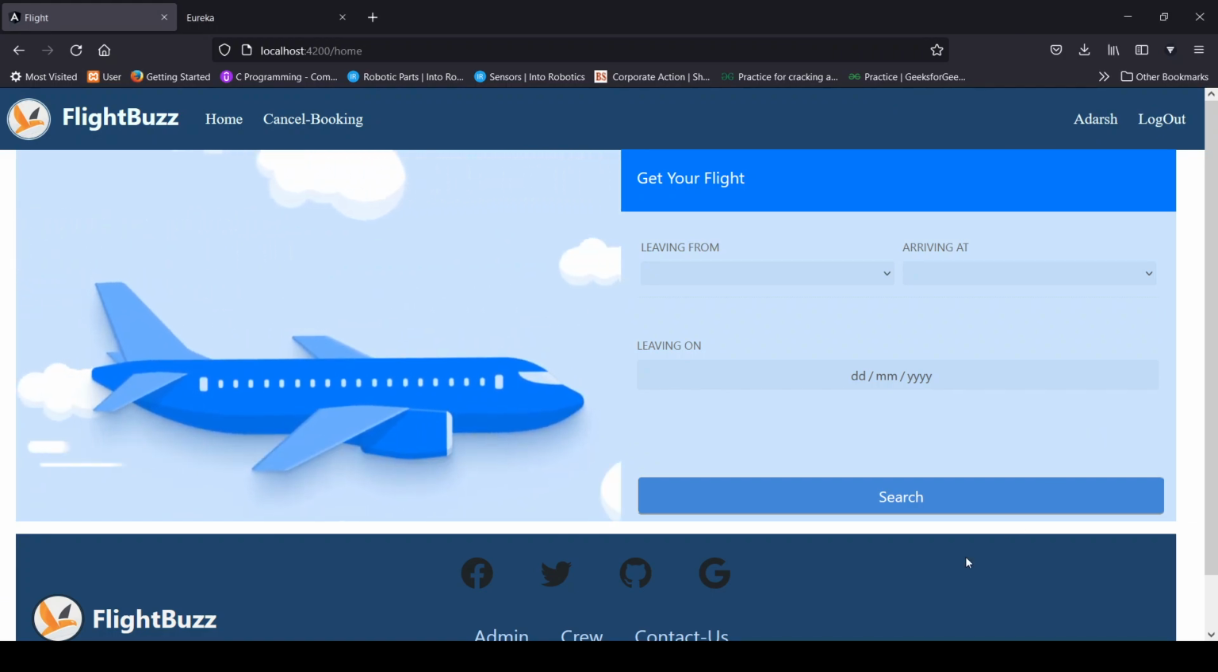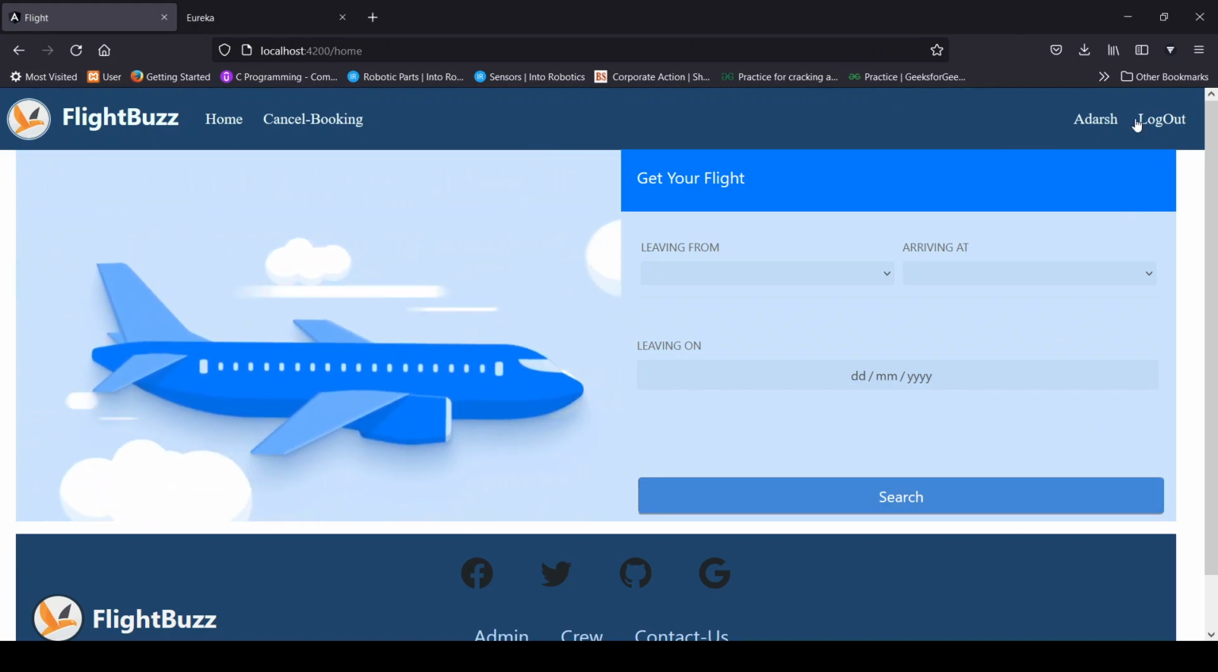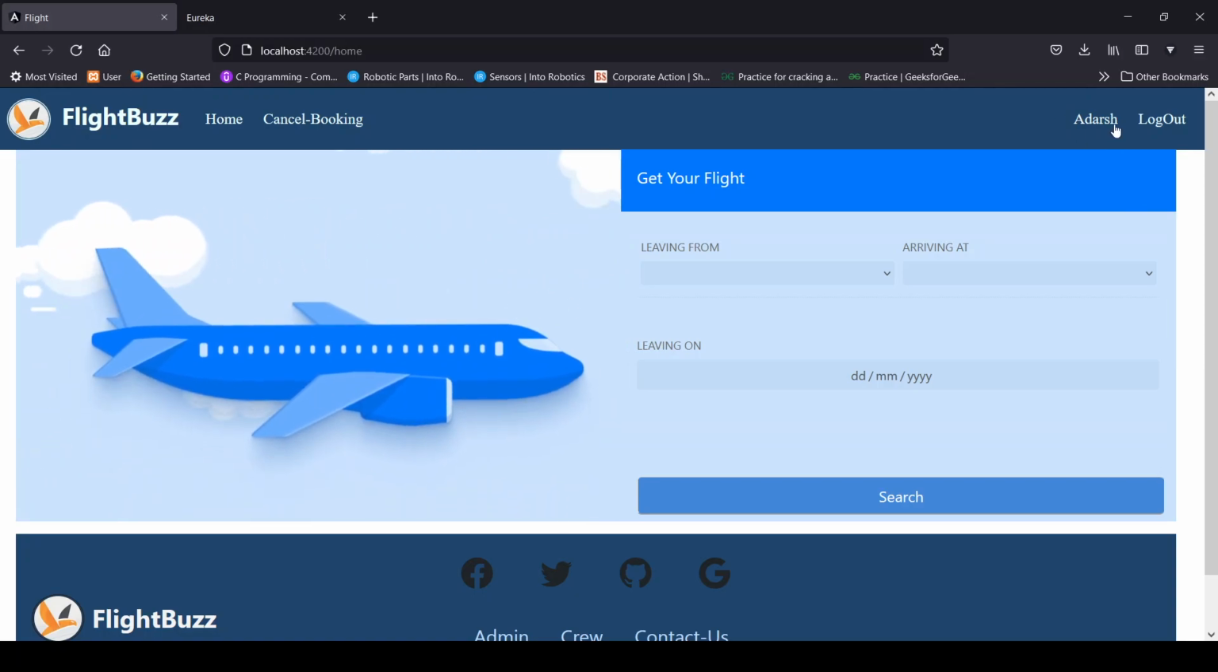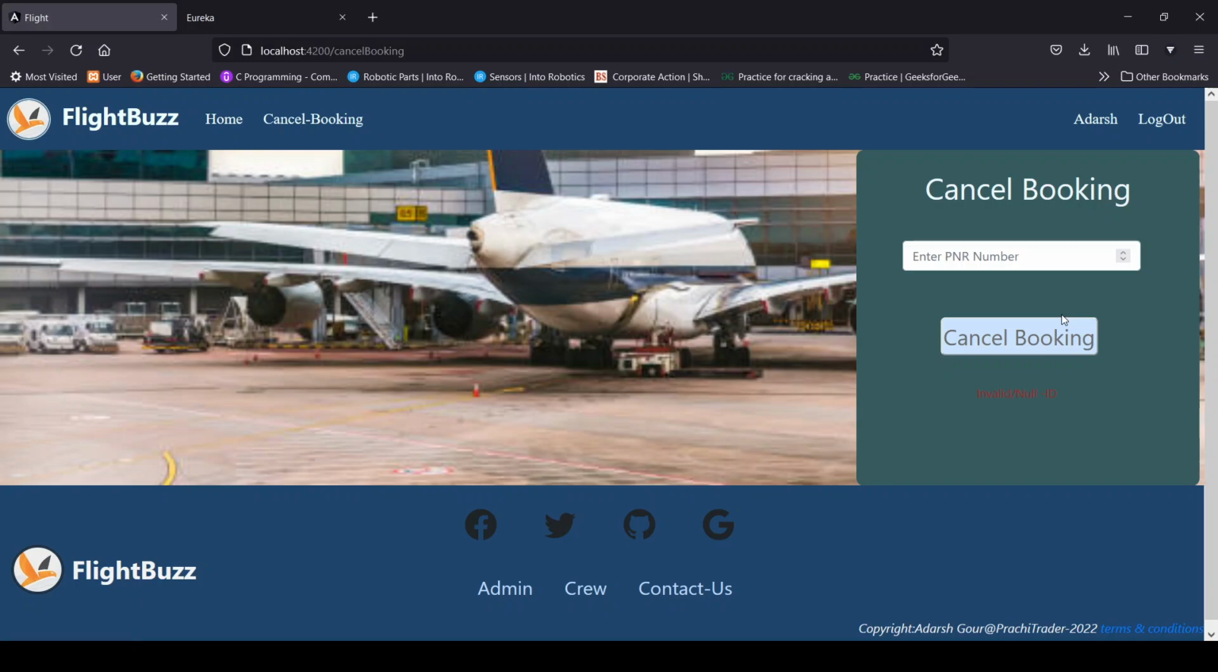So there we are, and as you can see, the user, Adarsh, who had made the booking, is logged in now, and he wants to cancel the booking. So, cancel the booking. Yeah, come on, cancel the booking. No, he cannot. The button is not enabled, and as you can see, the status says invalid or null